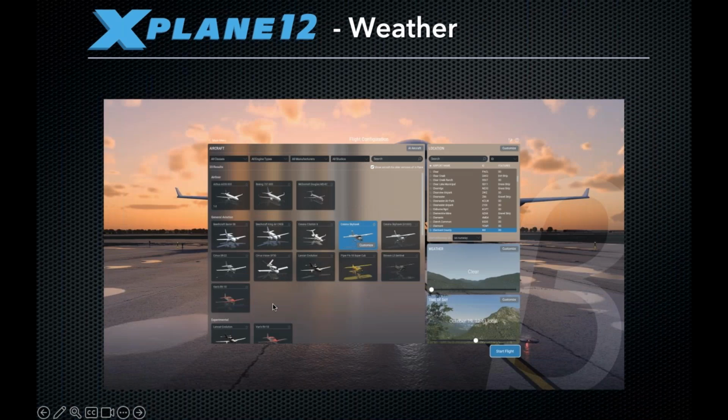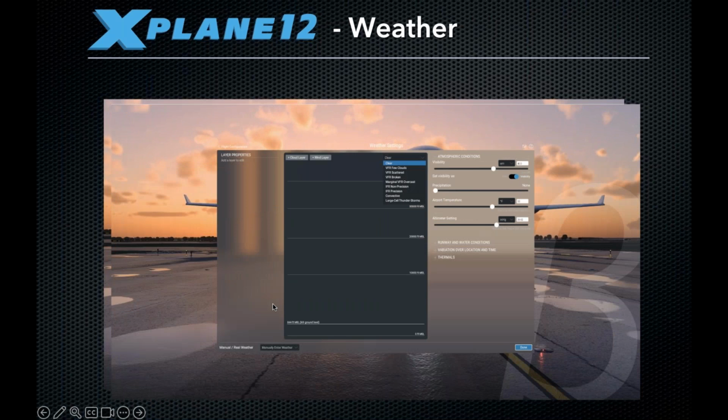The weather. We have a lot of control options when it comes to the weather in X-Plane 12. On our main menu or starting screen, you'll see weather is on the right side. We can click on that and we can quickly change what type of default settings we have for the day. You'll see the sliders towards the top right, atmospheric conditions, precipitation, temperature, all the above. We also have the ability to inject live weather into it. So if you see on the bottom screen, there is a drop down that says manually enter weather, which we're currently doing. You can also choose